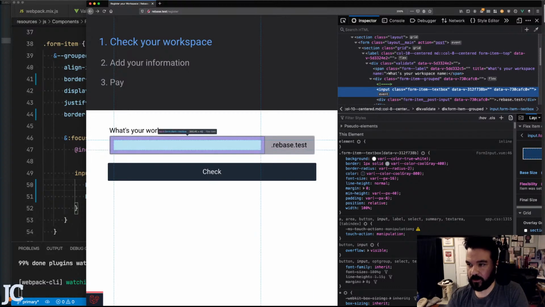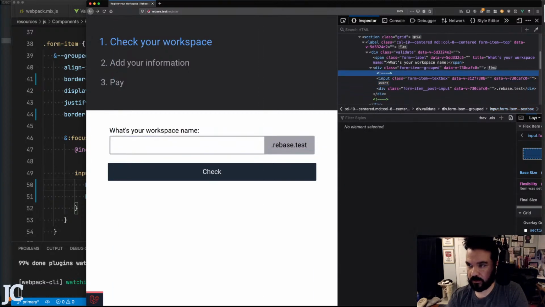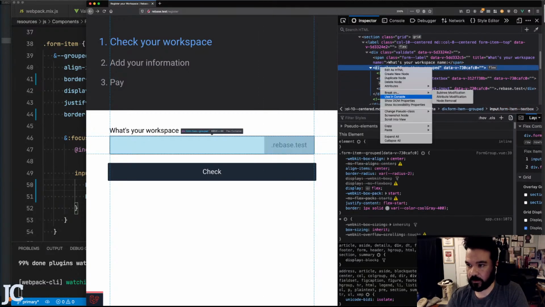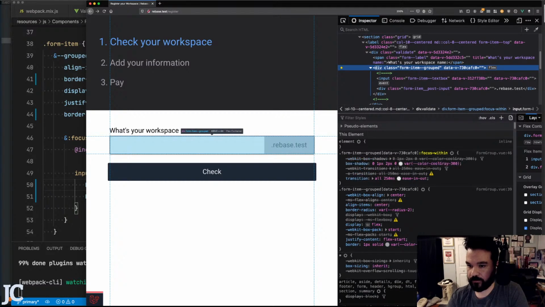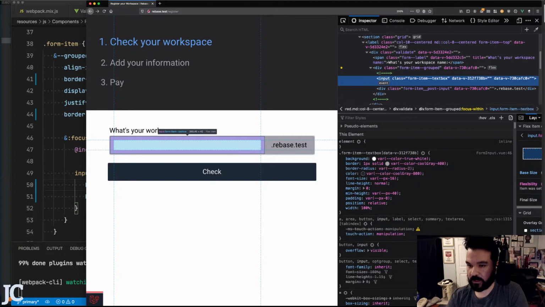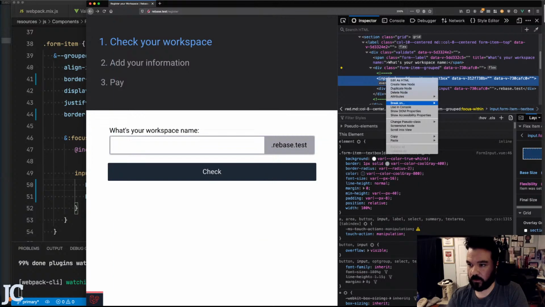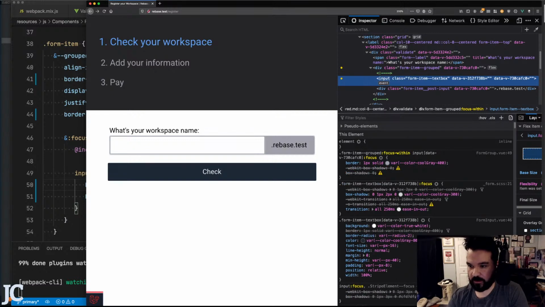I think what I need to do here if I want to get rid of that is go back, focus within. I always do that, I go to the wrong one. Focus within, and then go to the input text box and then say focus, because that's what happens. You can't say focus, not focus. There's no way of doing that as far as I know. But what's happening is